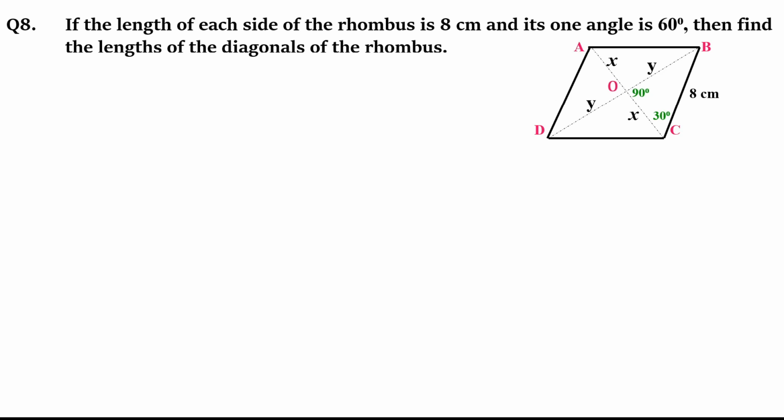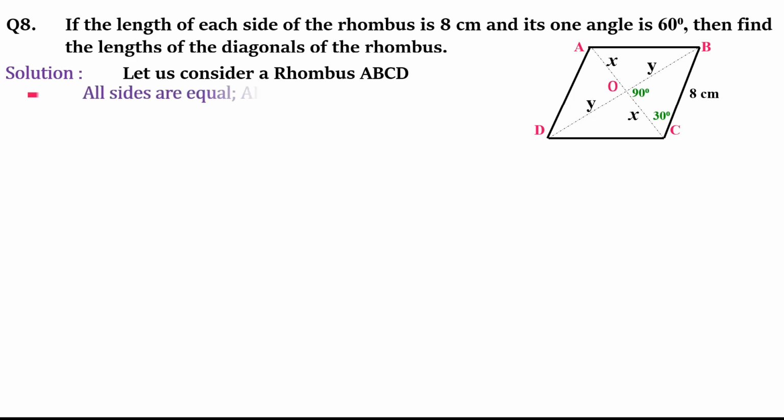Before we start with the solving of the question, we should know the properties of the rhombus, because if you don't know the properties of the rhombus, you cannot solve this question. Okay, so let us consider, in this question the figure is not there. This figure you will draw yourself. So let us consider a rhombus ABCD. So I have drawn a figure of a rhombus and named it also as ABCD. Now you know that all sides are equal in a rhombus. So AB is equal to BC is equal to CD is equal to AD, and all are equal to 8. It's given in the question. So for solving this question, I have taken BC to be 8.